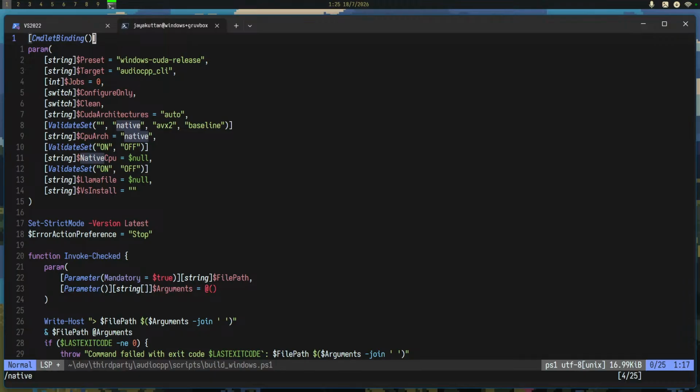Why is it not able to bind to an empty string? That makes no sense.